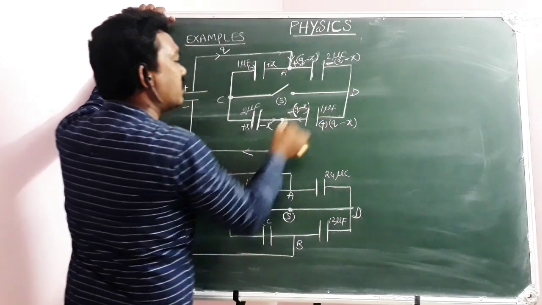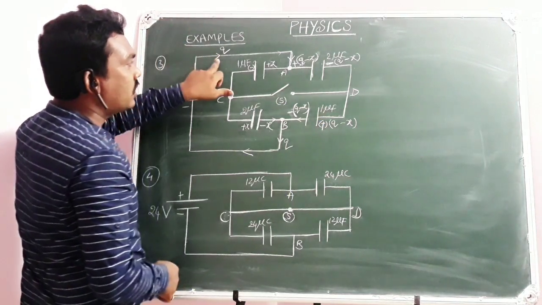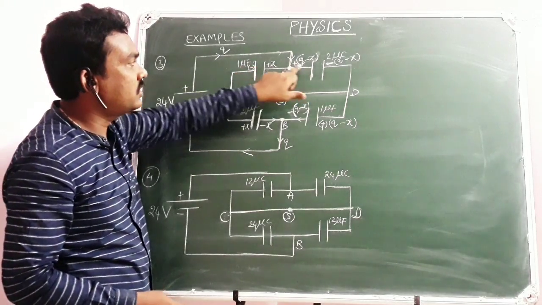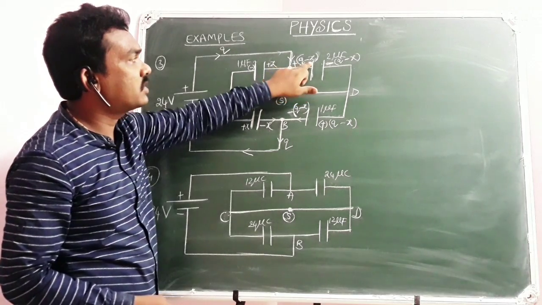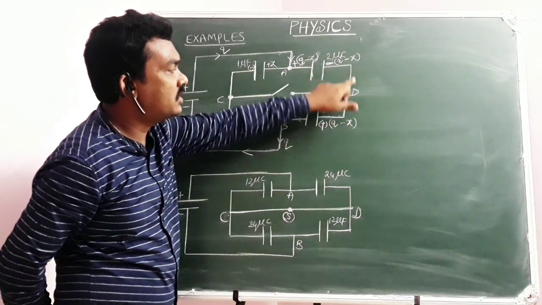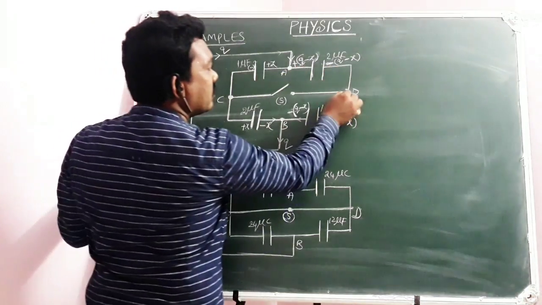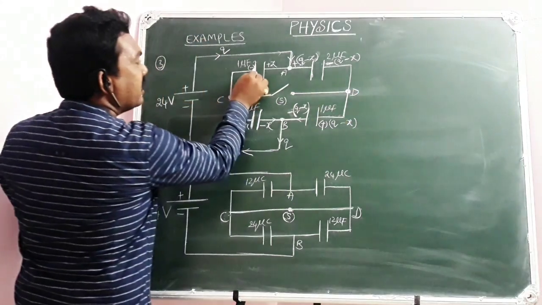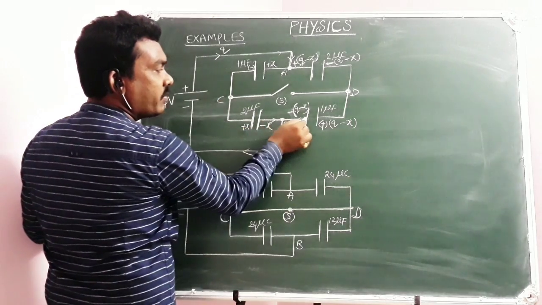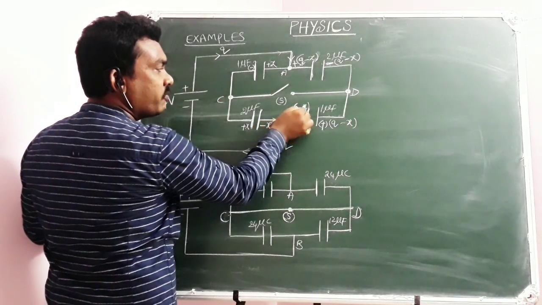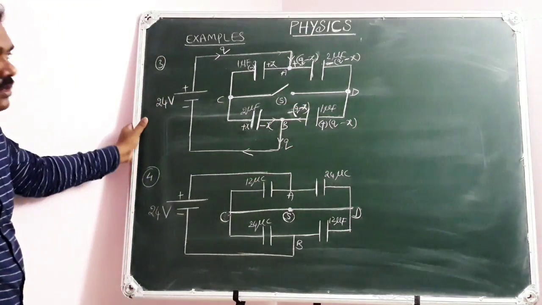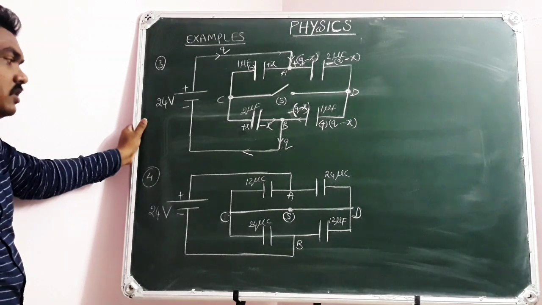A small correction in the notations. I repeat, Q charge is coming. Here X, Q minus X. This is plus X, this is plus Q minus X. So plus X minus X will cancel, and Q will be left. Next, as this is plus, this is minus. As this is minus, this should be plus, because their algebraic sum should be 0 here. Here minus X, so here plus X. Next, here minus X, here minus Q minus X. Minus X and plus X will cancel, and Q will come out. This is what you need to understand: distribution of charges.